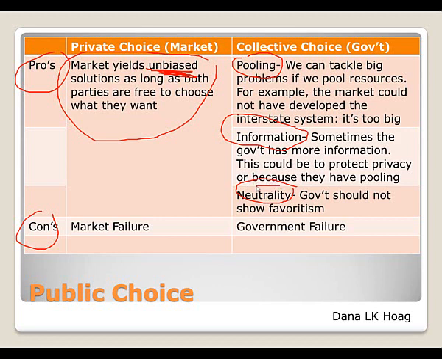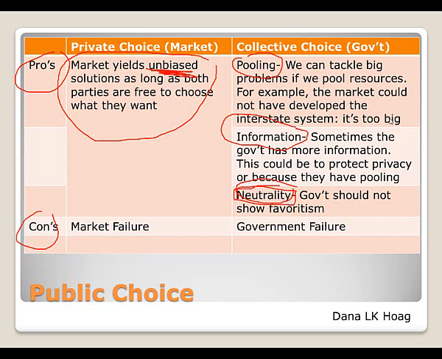And when we step in, we expect the government to be neutral. In other words, the government should never take one person's side over another because they like them better. If I walk in there and I'm a white male, I should expect the same treatment if I walk in and I'm a black female. Okay? The government should not show favoritism. So sometimes we want the government to handle a problem because we're worried about favoritism and we want neutrality. A good example of that is a police force. In some cases, the private sector can afford their own police force. I think we would probably worry if the private sector ran the police, they wouldn't be neutral. They might do profiling or be unfair in some way.